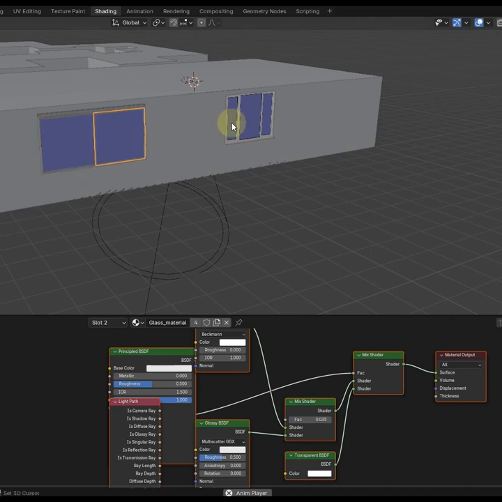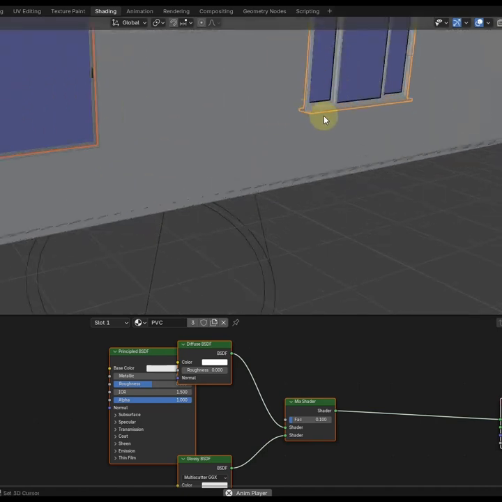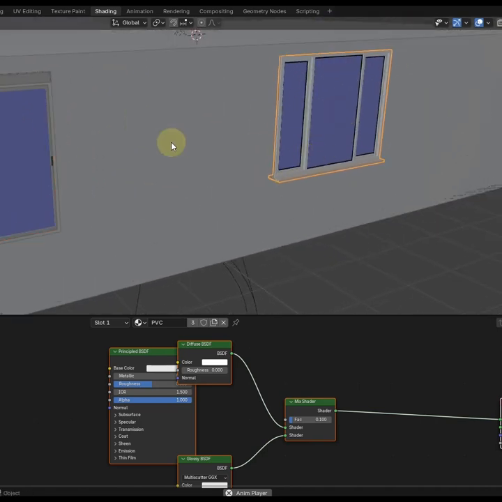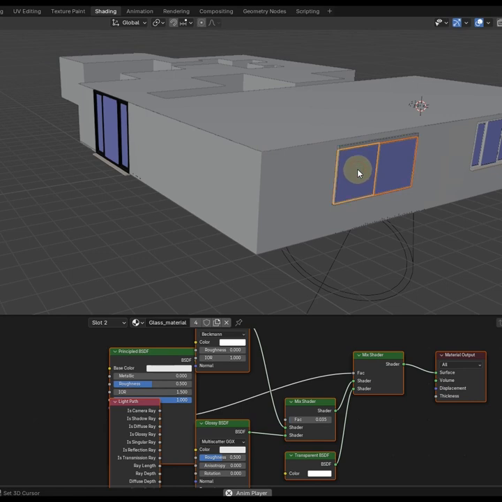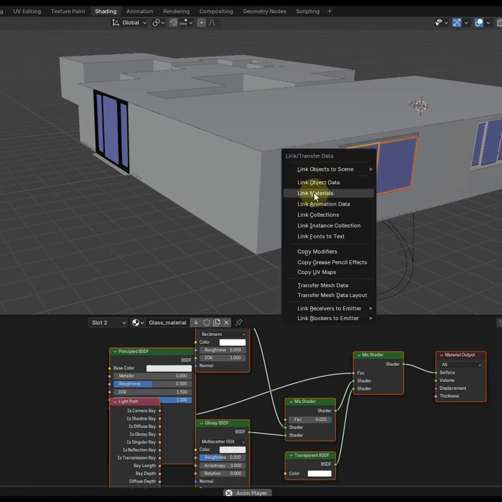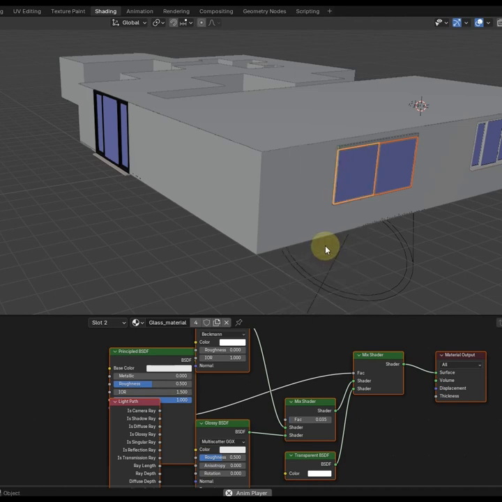And I'll select all these windows one by one, like this. And we'll shift select that, Control L, link modifiers, copy modifiers. Select this. It also has the modifier. Well, it doesn't have the modifier actually already applied. So it just has solidify,